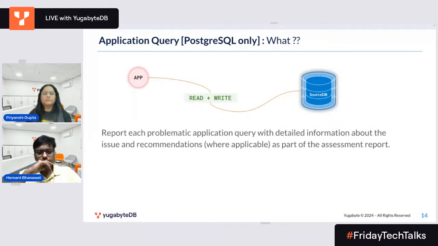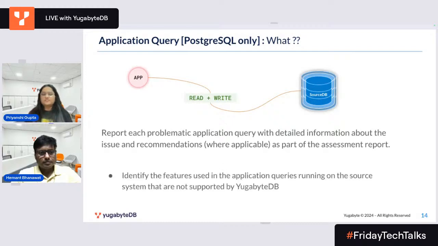With this, we try to report all such queries which are running on the source database, which have some issues or some incompatibilities with respect to the target. We try to identify all such features which are present in the application and will not be supported after the migration. So one will only surface these issues when the application is actually pointing to the target after the migration, and the application